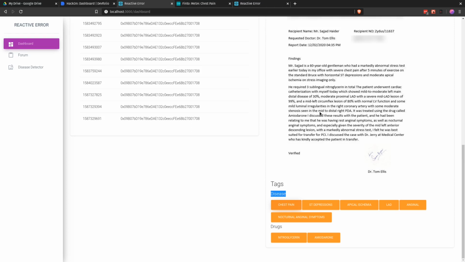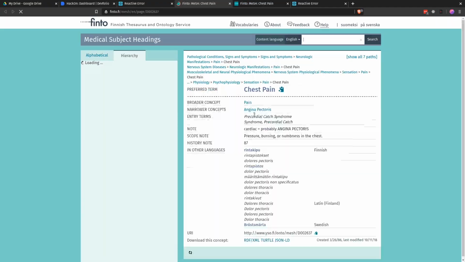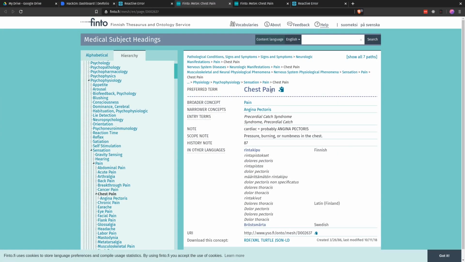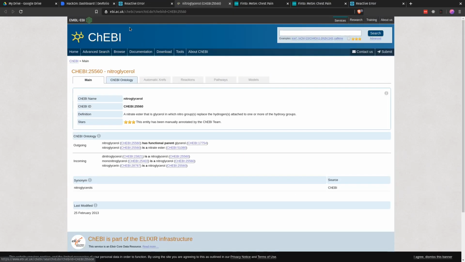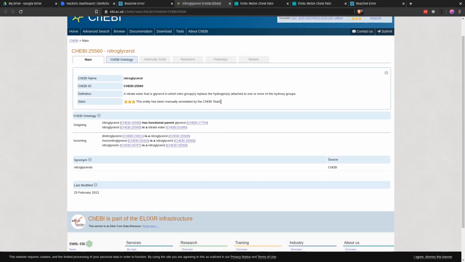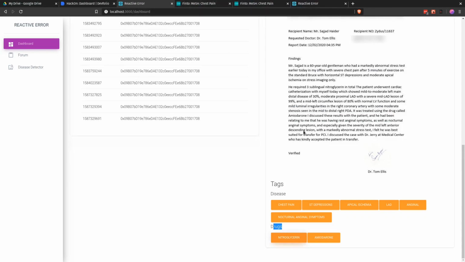From the MeSH ID, we are able to link to this website, which gives us a brief description and all the information regarding the disease. For example, if I click on chest pain right now, it will open a page related to chest pain. We do the same for drugs as well. If I want to know more about nitroglycerin, I can just click over here and it will open a different page which has all the information about the use and the restrictions on nitroglycerin.